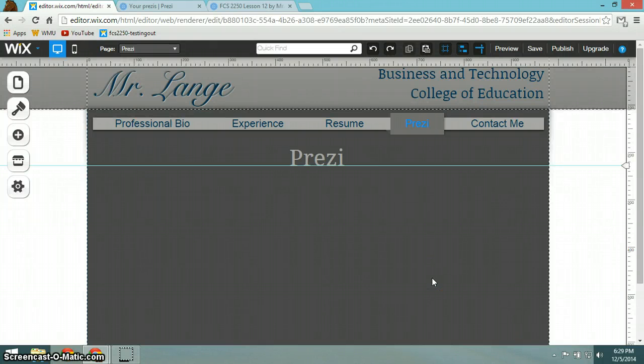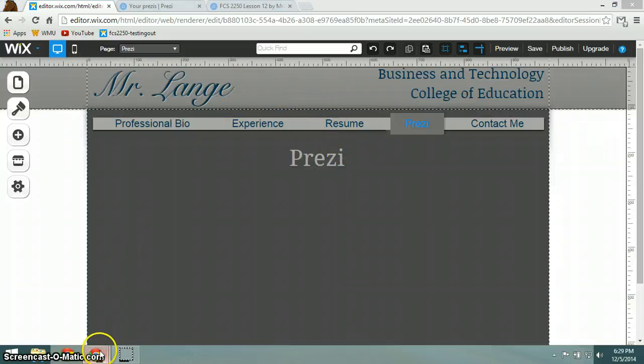All right, web designers, we are now moving on to our Prezi. I borrowed our style of our heading from our resume page. I lined it up so everything was lined up nice and neat. I'm going to go ahead and turn that off now. And what I'm going to do is let's take a look at our directions of what we need on this